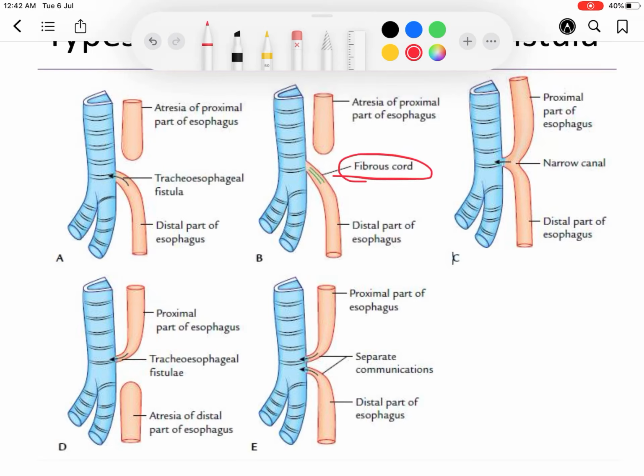In the third, the upper end and lower end are both connected with the trachea by a common opening. In the fourth type, the upper end of the esophagus is connected with the trachea and the lower end is blind. In the last type, the upper end and lower end of the esophagus are both connected with the trachea, but by different openings. So these are the types of